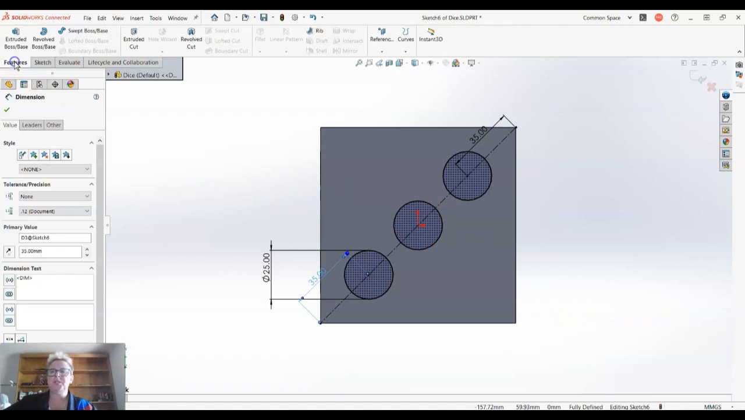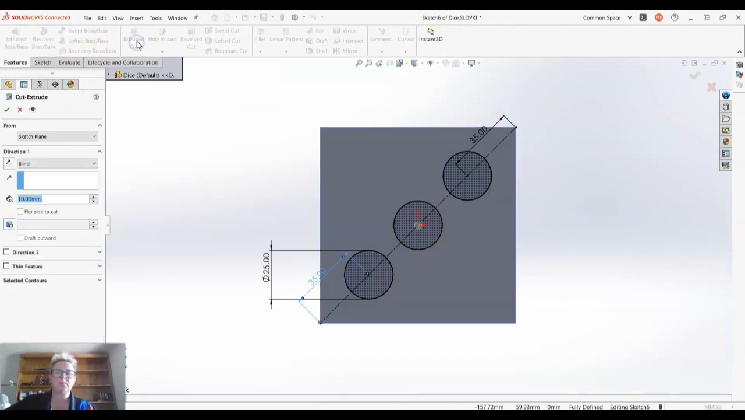So we're going to go up to the features tab here. We're going to choose extrude cut. Now because we've gone away from the dice and we've come back to the dice, the software automatically defaults to 10 millimeters as a dimension. So that's easy. It's already highlighted blue, so we can just put in our number and away we go. So if I just press 2 on my keyboard and press enter,